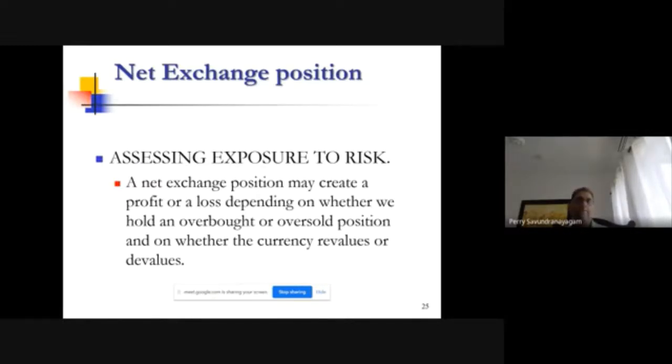And then what happens is the bank invariably will be running a short position, meaning it will be selling dollars without being able to buy it. Now, the only way that position can be beneficial to the bank is if the exchange rate goes down to say 190 rupees or something like that, if they sold at 200.